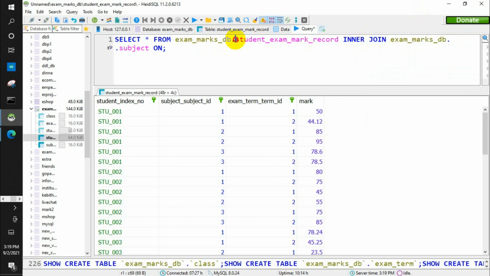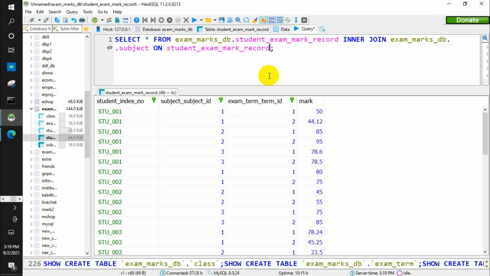Now one part has the student table, that means this table. Then you have the subject table, and these are connected by giving a condition. So you have to give the condition by using the keyword on. So my condition is the student_exam_mark_record table.